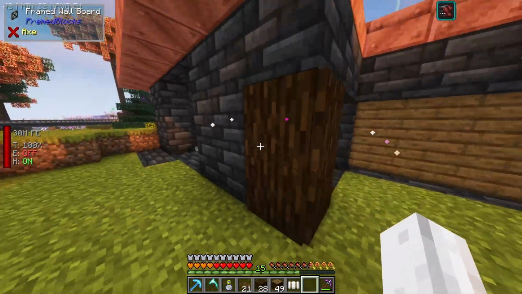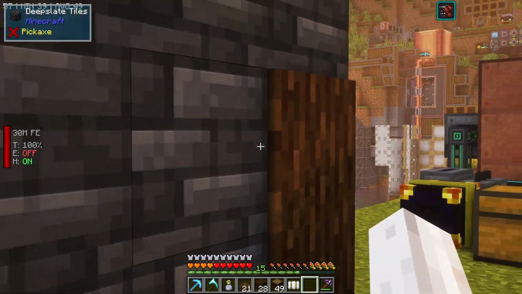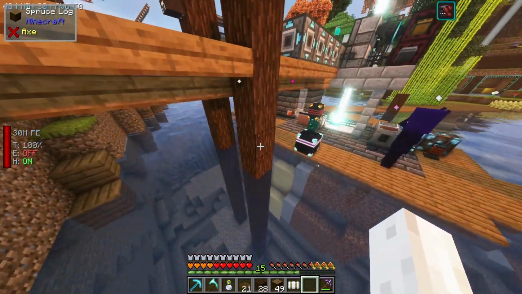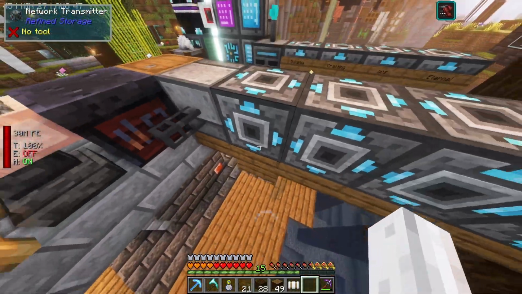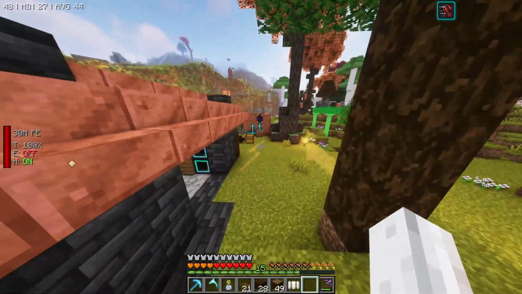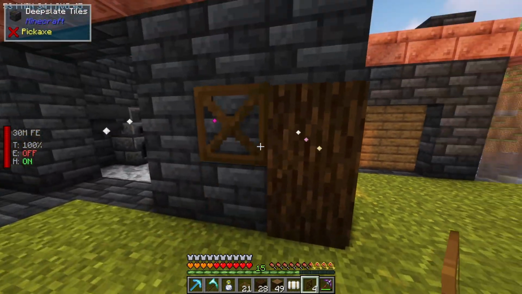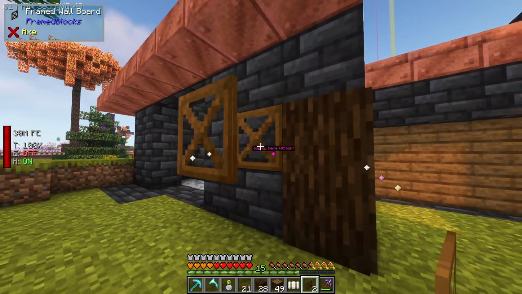Oh man, I can't get over how good this framed blocks mod is. If I'm ever playing a pack that doesn't have it in it, I'm going to be so upset, because any design you want to do, you can just do it. I feel like I don't even have to use Refined Storage covers and stuff on these cables. I could probably just put stuff around it. Now, obviously, it doesn't work everywhere. Oh, wait, hold on. Can I? No, okay. I was wondering if I could put the framed block on the...